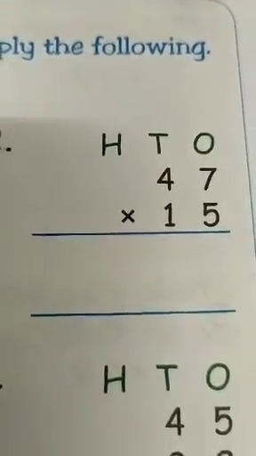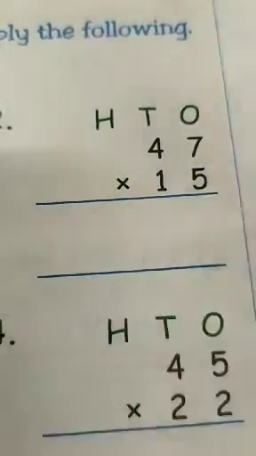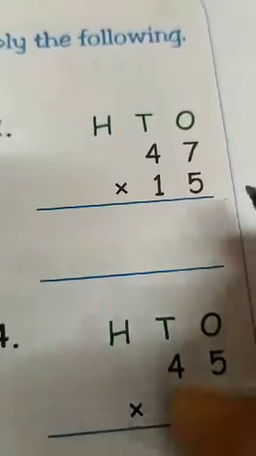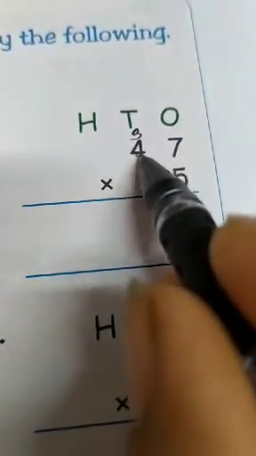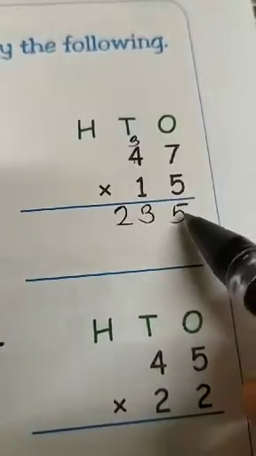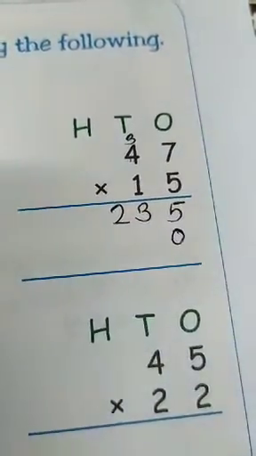Now we see the second one. The second one is also the same as the first one. Here also with this 5 we multiply the ones place and tens place. So 7 5s are 35. 5 is here, 3 will be carry. 4 5s are 20 and 20 plus 3, 23. Yes, now in the ones place, downside of 5, you have to write 0.